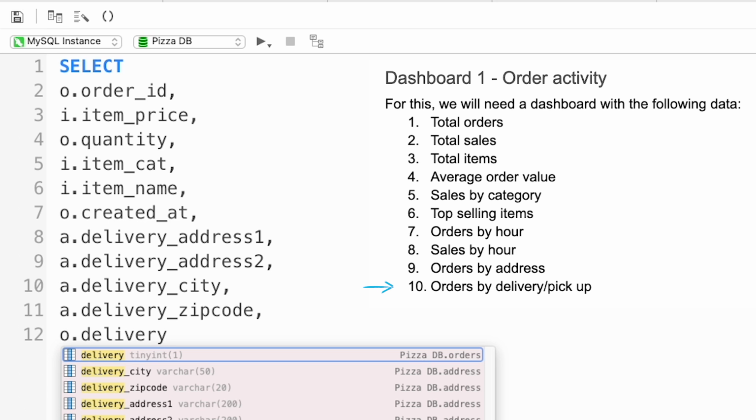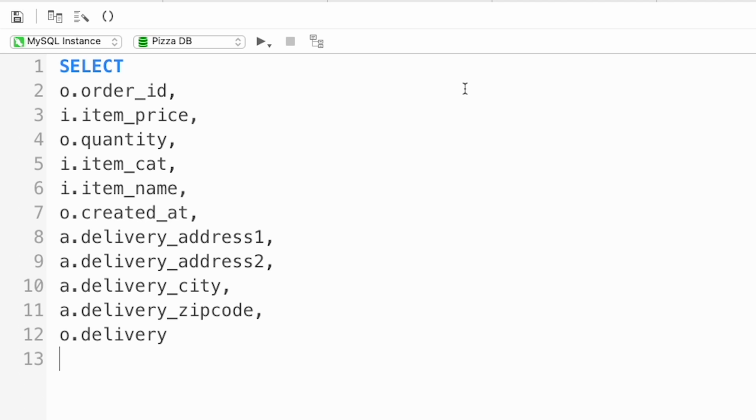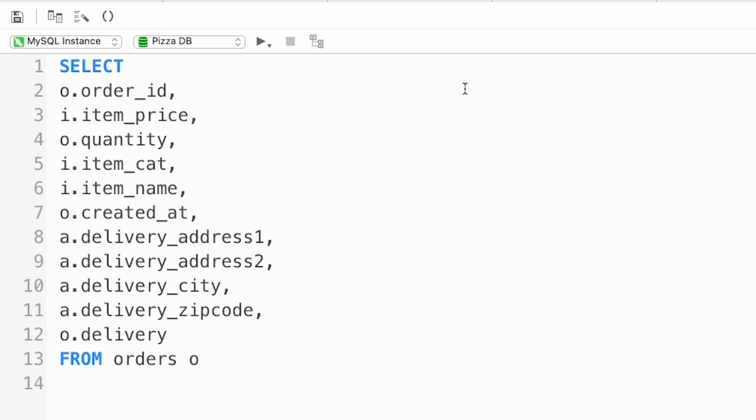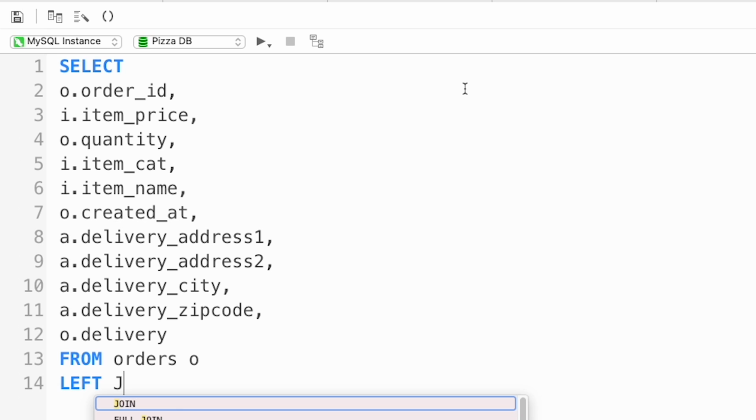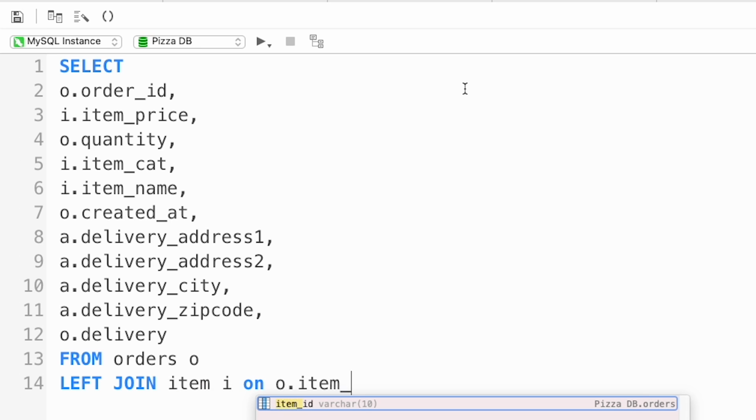Okay, so those are the columns we need, and now we just have to specify how to join these three tables, item and address, to orders. First up, we type from orders, followed by its alias, O, as the table will join the others too. Then we're using a left join to the item table, I, on the joining condition o.itemid equals